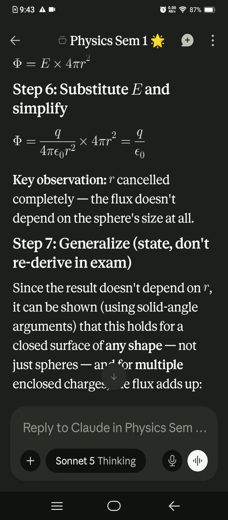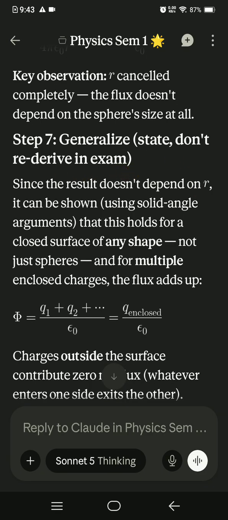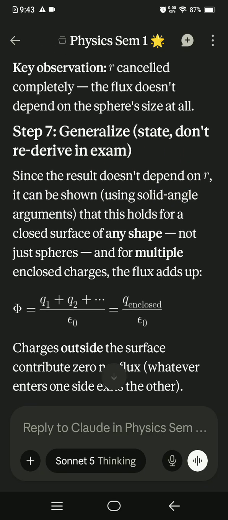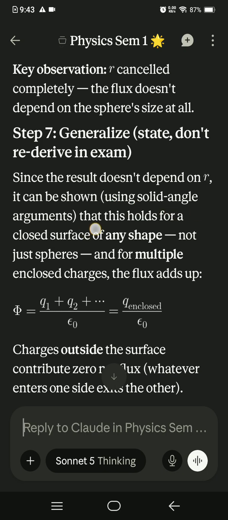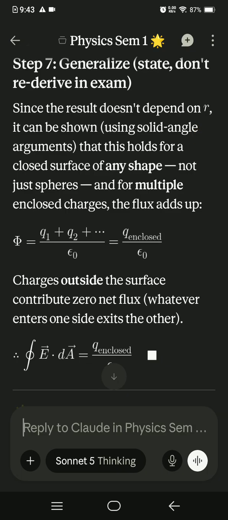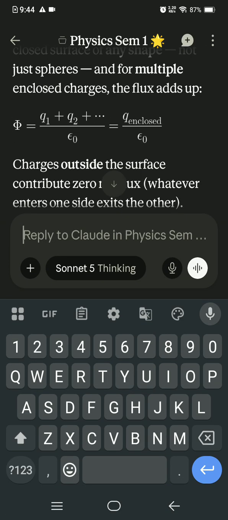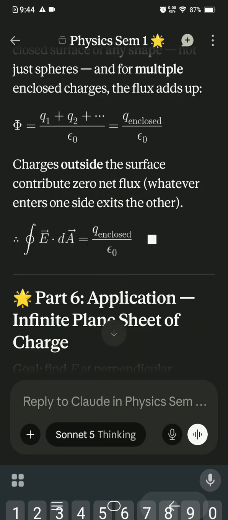Anyways, so step 7: let's generalize. State it, don't derive it in the exam. Since the result doesn't depend on r, it can be shown using a solid angle argument that this holds for a closed surface of any shape, not just a sphere, and for multiple enclosed charges the flux adds up. So if we have many charges inside, it would be q1, q2, q3 etc., the summation of all the q upon epsilon naught. And this is not just for a sphere, it will work for any shape, but I don't know why. We are going to ask